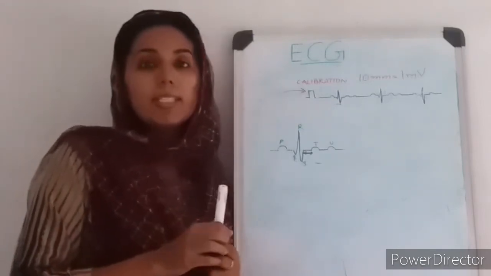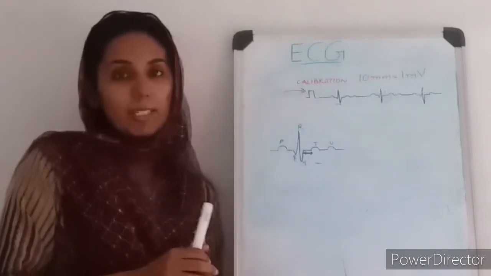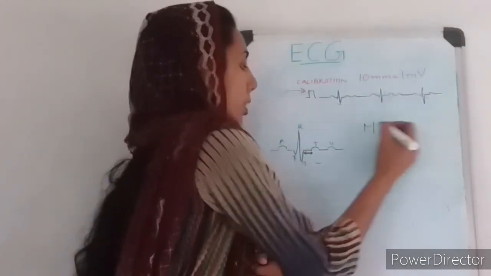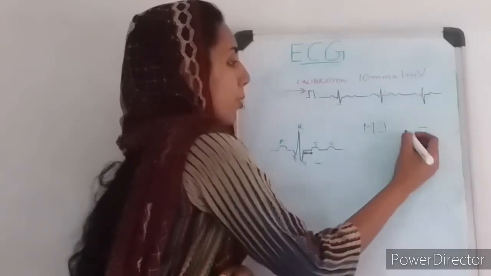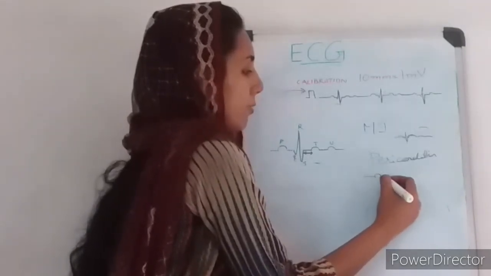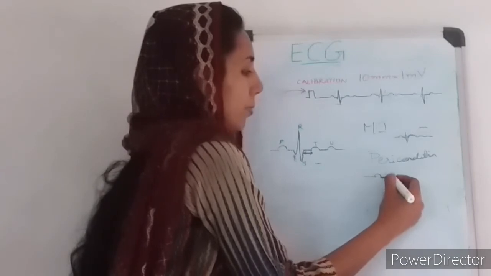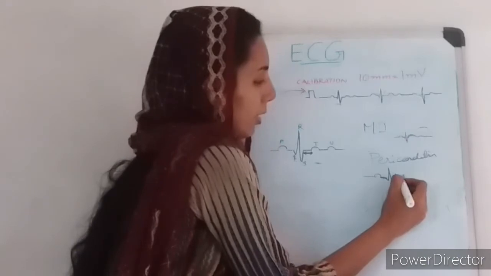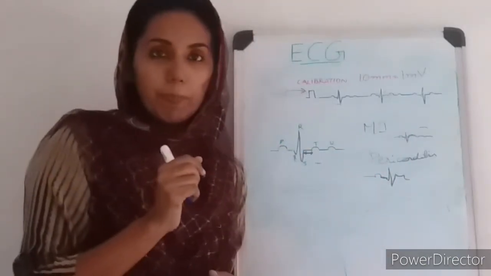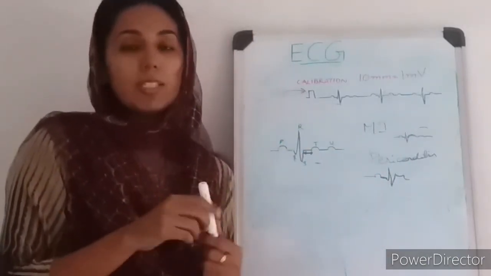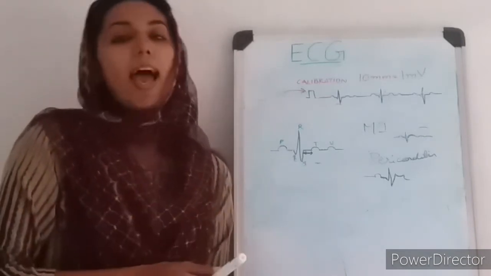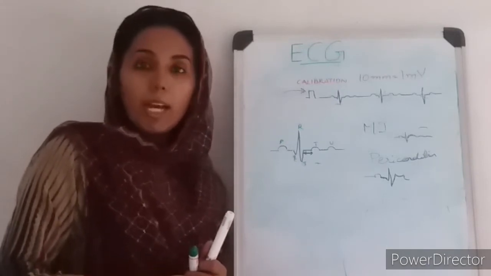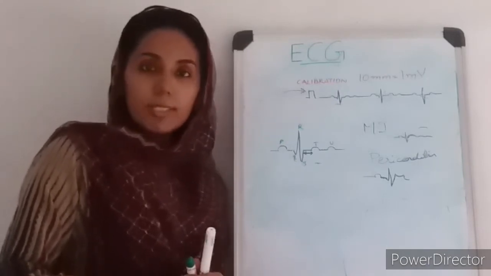ST is also elevated in certain conditions called pericarditis. So what happens in STEMI? What happens is we get this ST will be convexity up. So if you see the pericarditis, what happens is we may get a small PR depression. ST will be elevated, but you see with the concavity upwards. Okay, two conditions; in MI, it will be convexity upwards. ST segment depression may be seen in cases of ischemia, ventricular hypertrophy with strain, digoxin toxicity, etc.